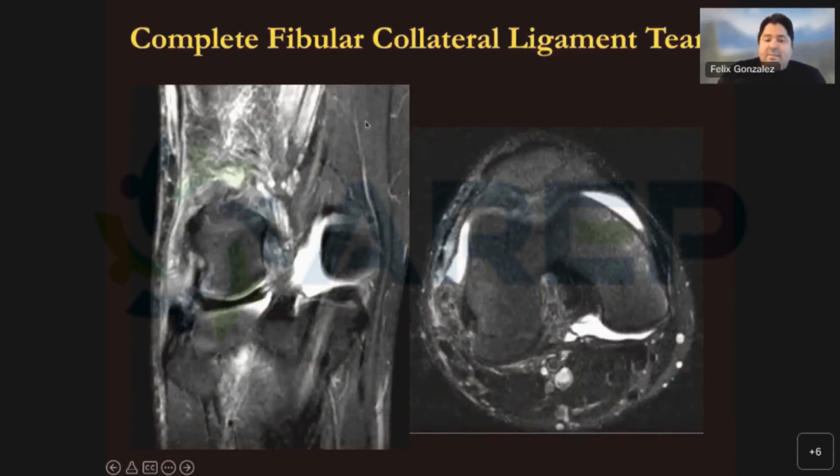So this is an example of a complete fibulocollateral ligament tear, or lateral collateral ligament tear. Here we have the normal anatomic course of the lateral collateral ligament. You can see right there, just a few centimeters from the most proximal attachment, how the ligament is completely violated. There's a big gap here. In its place, you have fluid and edema in that region. So this is a really